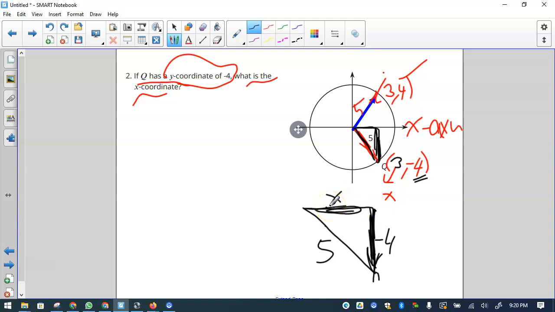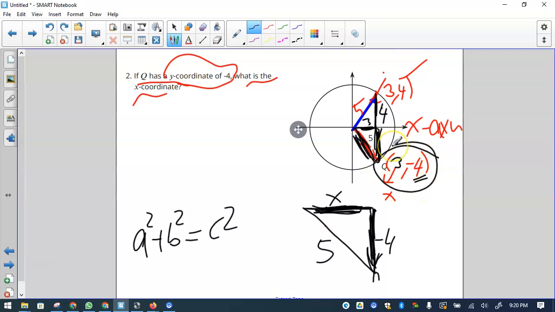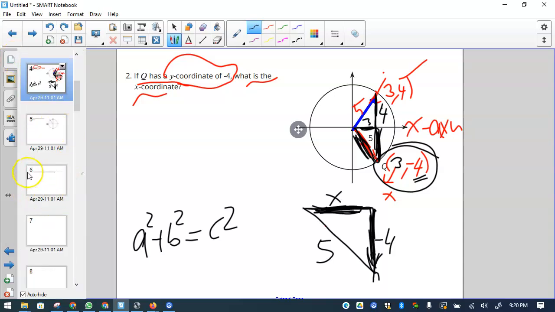So again, you're doing the same thing, a square plus b square equals c square. So a square is what you're supposed to find out. But we already figured out earlier that we did this already. Because this was 5, this was 3, and this was 4. So naturally, this will be 5, this again 3, and this is 4. So the coordinate is this, this is the answer. Hope that helps. And if you see the next one,